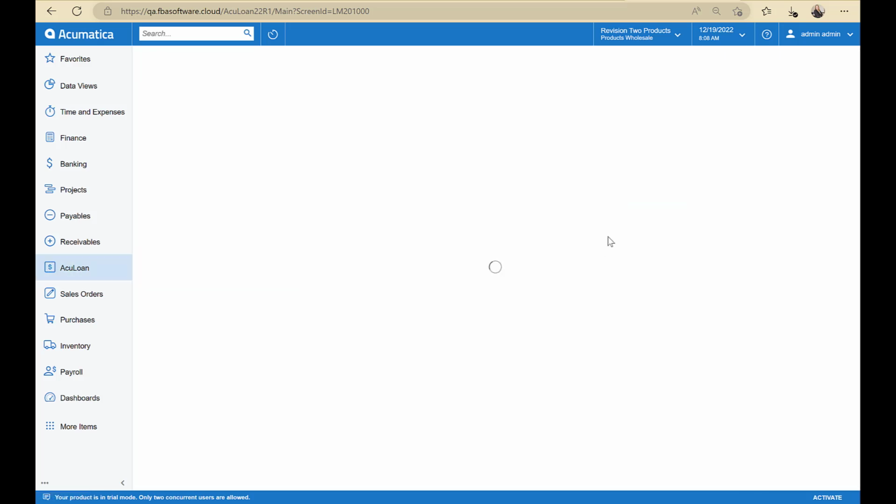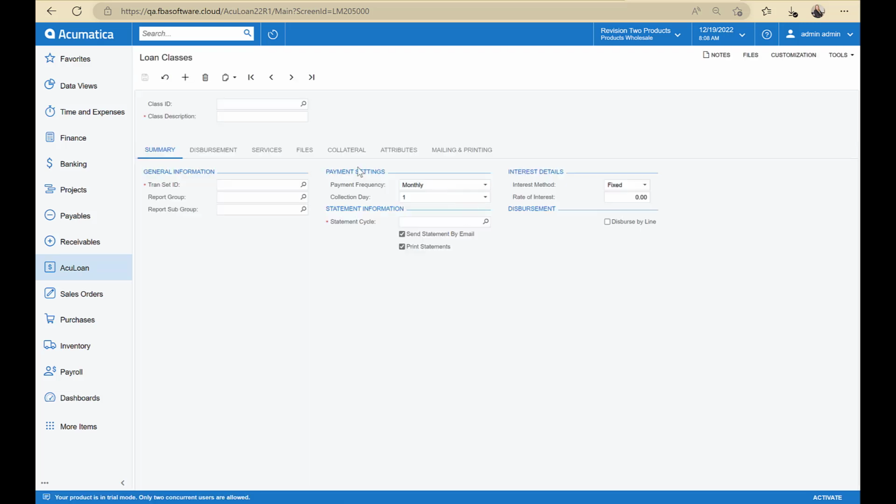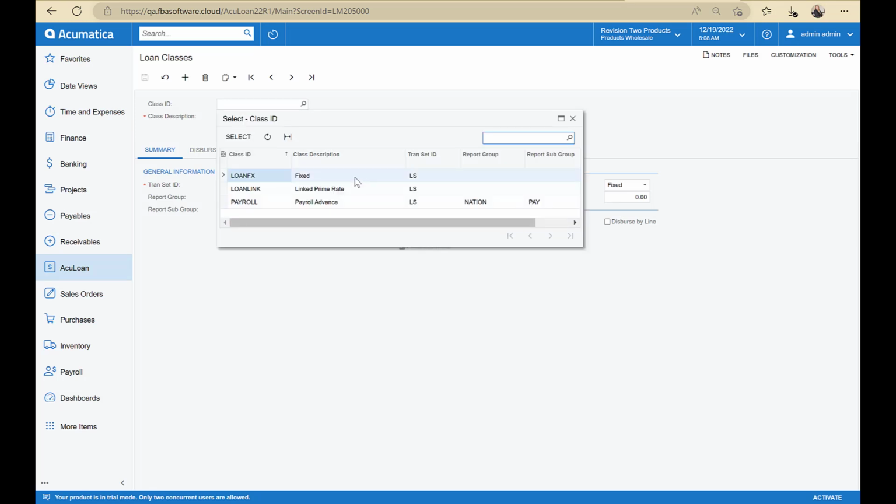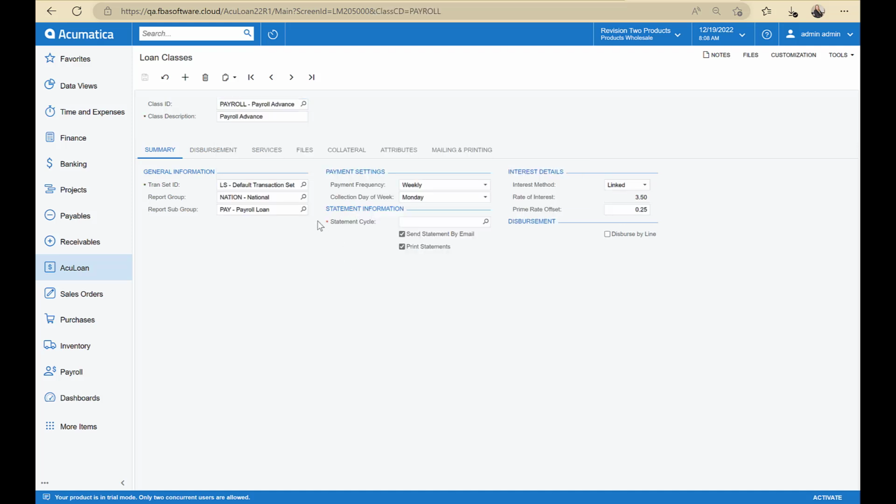When we're talking about loan classes, these would be the types of loans that your company deals with. For example, mortgage loans, student loans, those types of things. So for example, in here we have a payroll loan, a fixed loan, and a linked prime loan. So if I click on this payroll loan, you can see then that we have other information linked to this